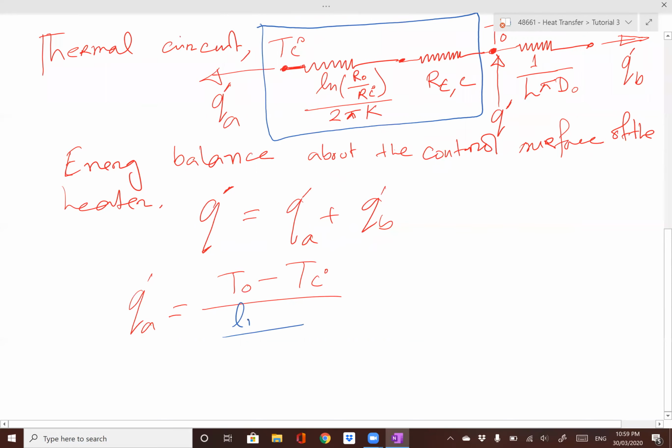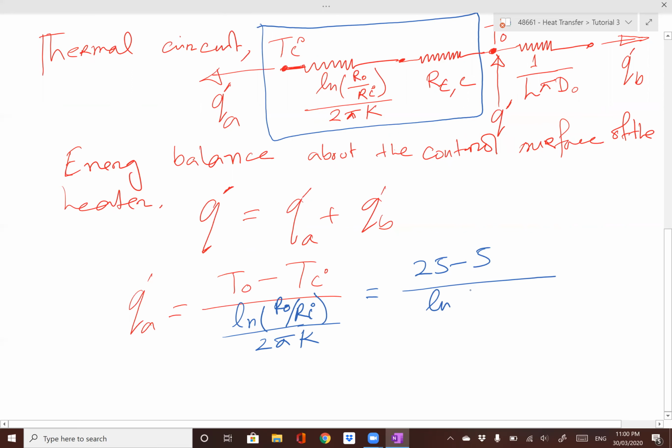It's a log R over Ri divided by 2 pi k. So all of them are given. So temperature at heater is 25, inner temperature given. How much is given in temperature? The 5,